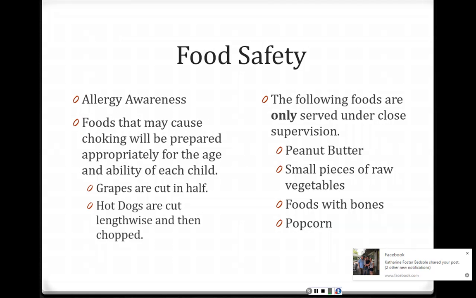Food safety. For allergies, you need to be allergy aware. Your allergy list should be current and up to date. That means up to date as of today. And you need to know what the appropriate response is for any type of accidental allergen intake. What that means is if one of your children accidentally eats something or comes into contact with something that they are allergic to, what is the plan? It does depend on what their typical reaction is as to what the plan needs to be, but you need to know what that is.